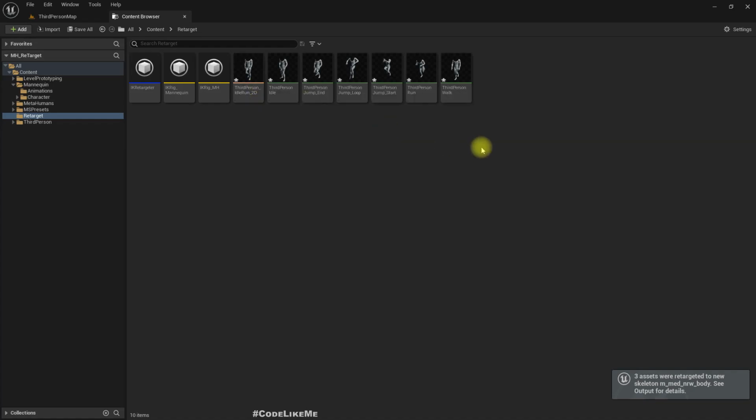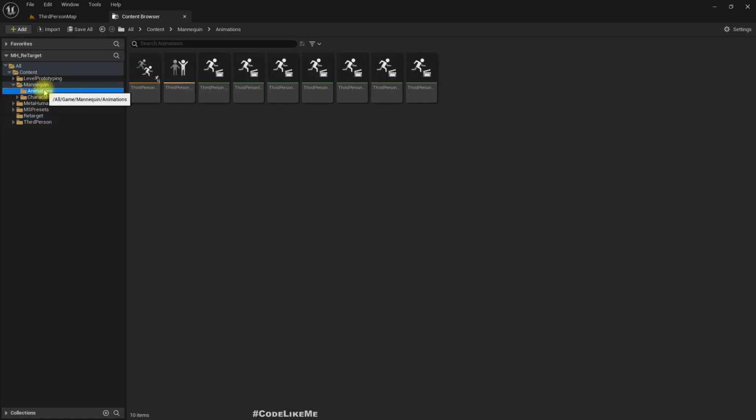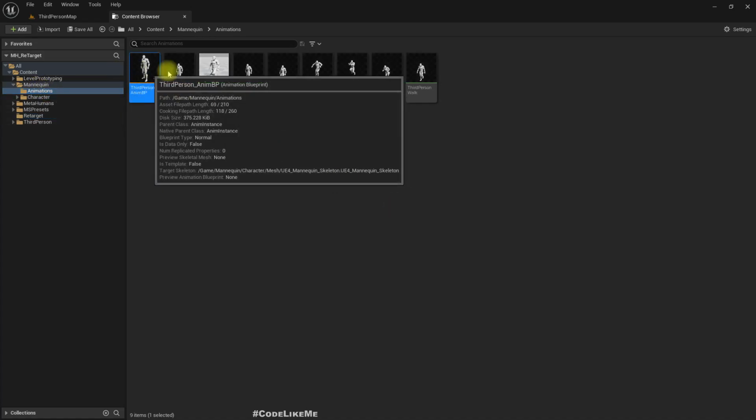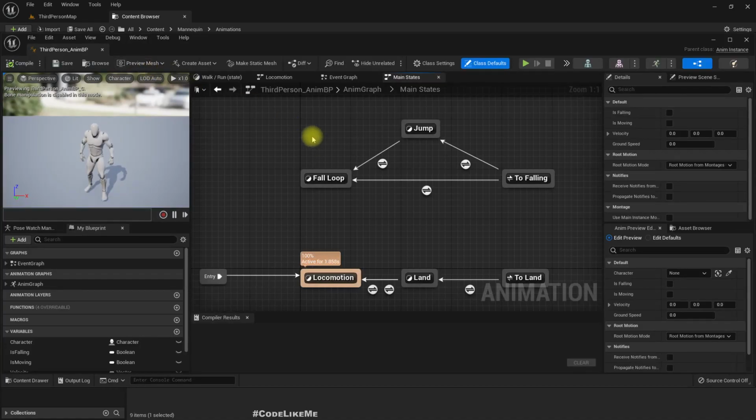Okay, now we have everything we need to create the animation blueprint, but earlier it was possible to retarget this complete blueprint. Maybe, I'm not sure why it crashed now. Why does it crash now? So